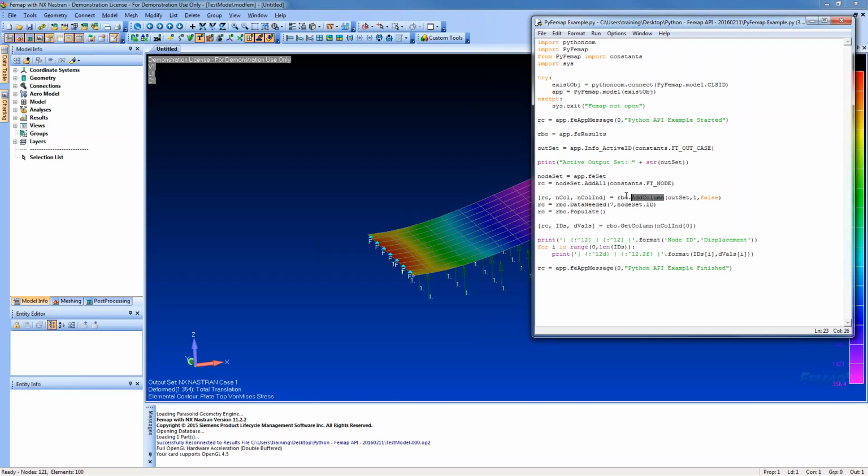Then we're going to work with our results browser object. We're going to add a column from that output set. We're just going to add column 1. We're grabbing total displacement. And notice there would normally be more inputs to this function, but in this case, the number of columns and the column indices that it added have been moved to the left because the order has changed since we can't do a pass by reference. We're going to set the data that we need from that node set ID, and we're going to populate it. So all of this works exactly the same way as it would previously. We're then going to do the get column. Again, this has been reordered. And then just in Python, I'm going to go through and print all of that output